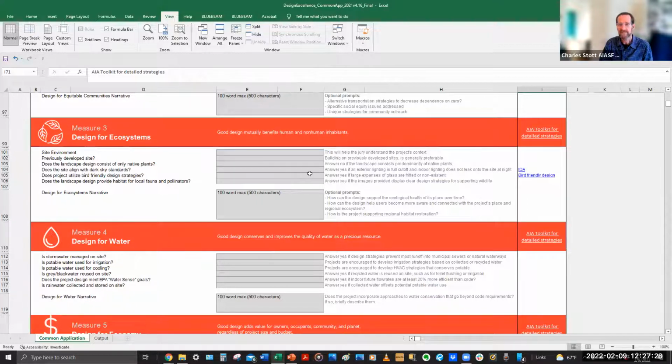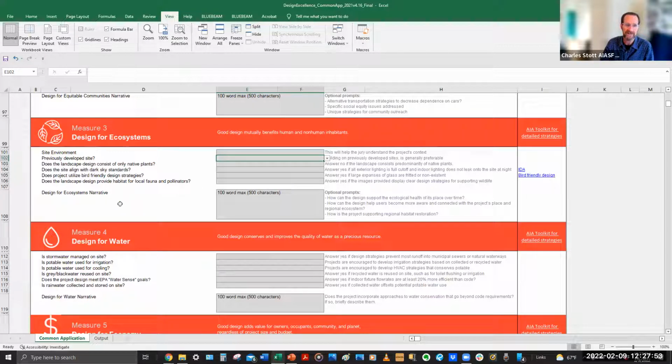Are there landscape strategies that were used, which really helped with a number of things, whether it's local habitat or water use, that sort of thing. Is the project bird friendly? When you click on these, they're all yes, no drop down menus. So they're pretty straightforward, pretty quick.